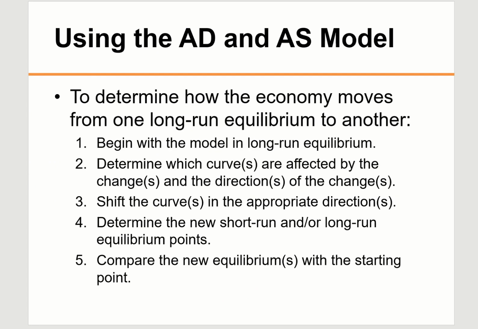All right, so we can use our AS-AD model to determine how the economy changes whenever there is an economic condition change for the entire economy. Okay, so there are five steps. First, draw the regular long run aggregate supply curve, aggregate demand curve, and short run aggregate supply curve, and then find out which one you're going to shift. Once you know which one you're going to shift, shift that curve in the right direction. And then step 4, compare your new long run and short run equilibrium points. And lastly, just find out if it's increasing or decreasing. Okay, so